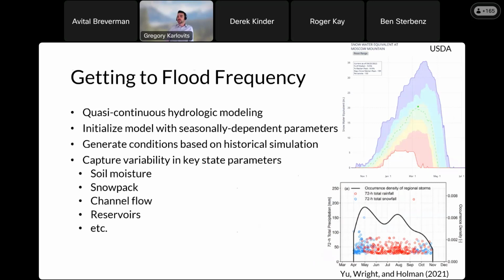Now, to get to flood frequency, there are a few extra things that we have to do, and the approach that we generally take, we call quasi-continuous hydrologic modeling. So rather than trying to run a really long period of record, which is what we do in continuous hydrologic modeling, we run that model one time, and we gather up all of the information about the states of the model, for example, how much soil moisture there is, how much snowpack, how much flows in the channels, how much storage there is in the reservoirs, and so on and so forth. When you model one of these storm events that you've transposed, you randomly pick one of those points in time, and you say that is the state of the watershed prior to this event. And so you get